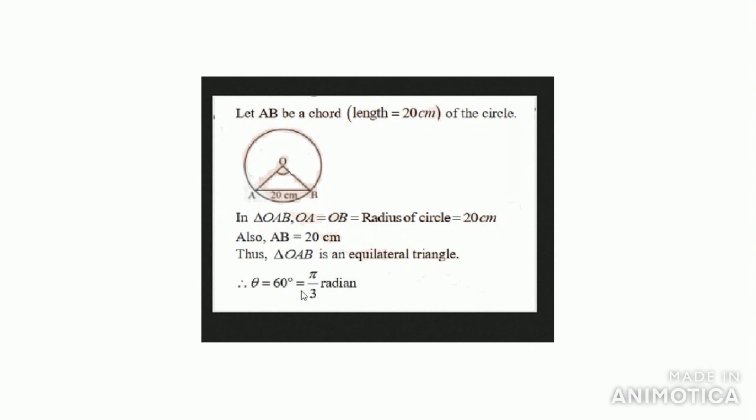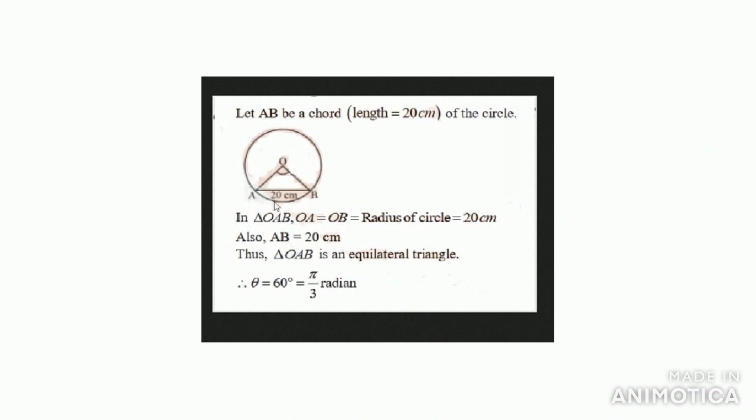But to solve the question we should write in terms of radian measure, because the question is asked to find the minor arc, that means arc AB. This is asked here, arc AB is asked, and there is another arc which is called major arc. Here the smaller part of the arc is called the minor arc. The question is asked to find the minor arc, that is AB. Angle subtended by this arc is 60 degree, which is equal to pi by 3 radian.